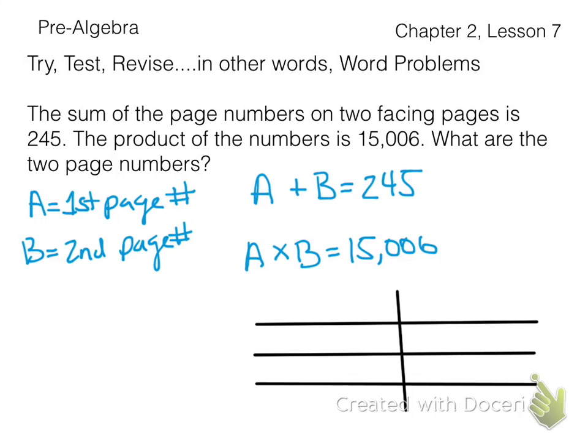Let's see here. Well, we've got some big numbers here. So I could have, but again, they're facing pages. So A plus 1 equals B, right? Because they're one next to each other. They're facing. So it's, like, page 90 and page 91. So let's go ahead and try that. Let's say we have, well, it can't be that one because it's got to be over 100. So let's try